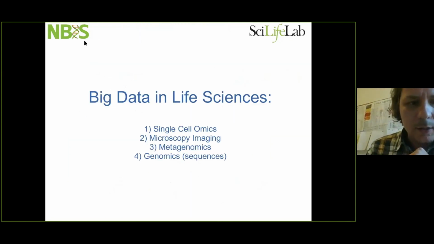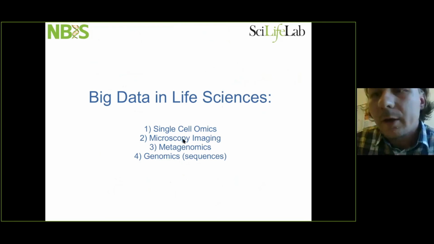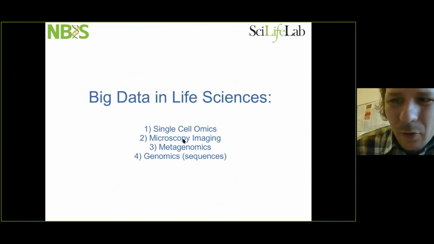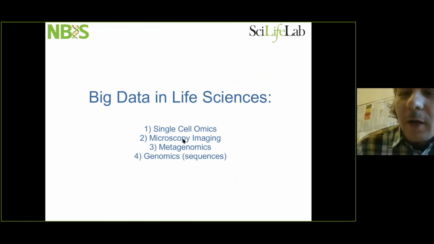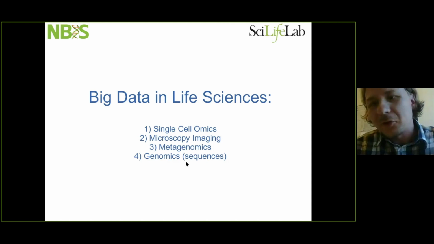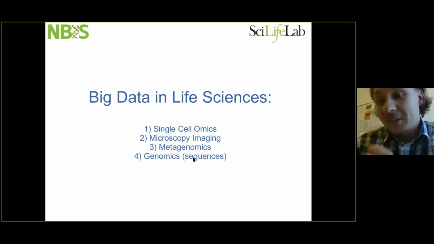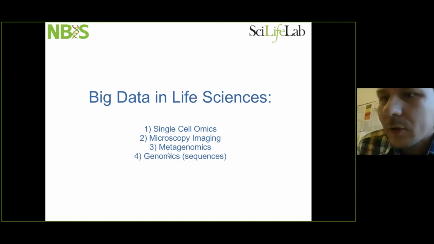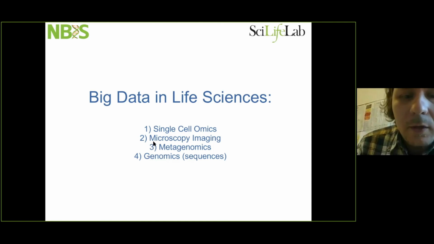And so, just to summarize on a very last slide, some directions in life sciences which look promising, at least to me, for applying machine learning. As I mentioned, it's single cell and genomics, not genetic variation really, because genetic variation is high dimensional data. But if you use the sequences, then you can do a lot of machine learning in the genomics area. Two other directions are microscopy imaging and metagenomics.